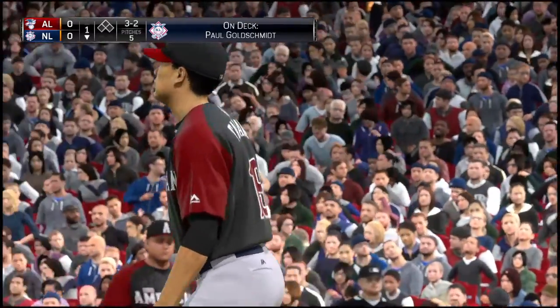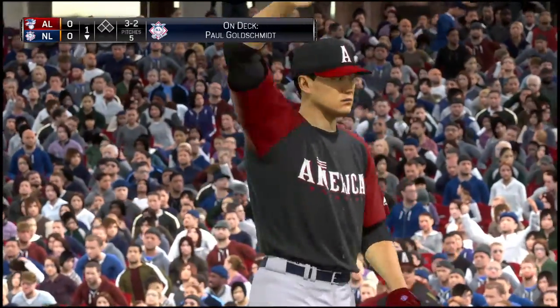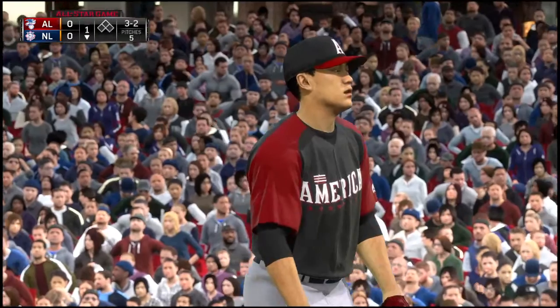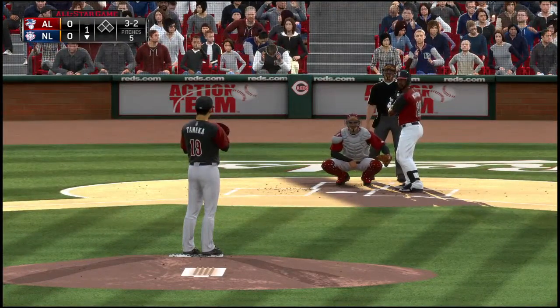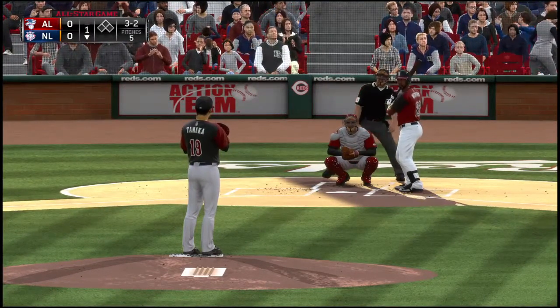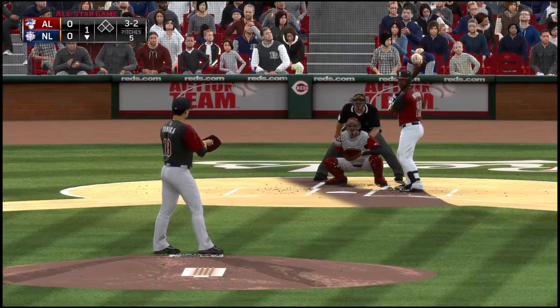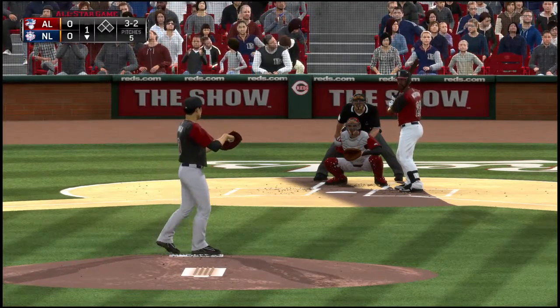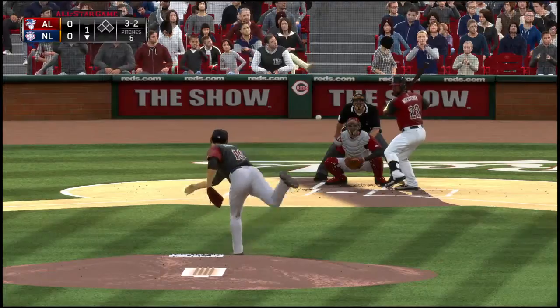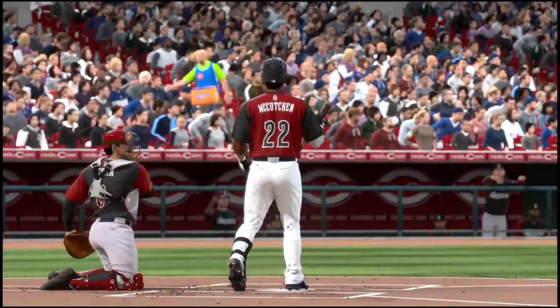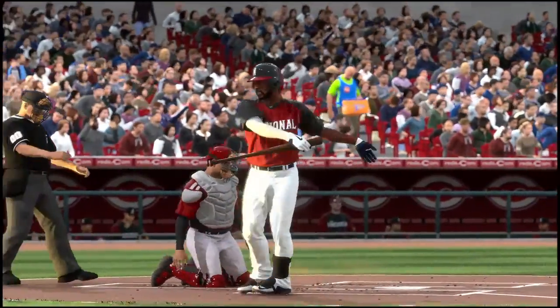It's gone full now to 3-2. Well, that pitch is so low and such an easy take that you basically waste that opportunity you had on 2-2. 3-2, here it is. Now a swing and a miss, and McCutchen is set down for out number 1.